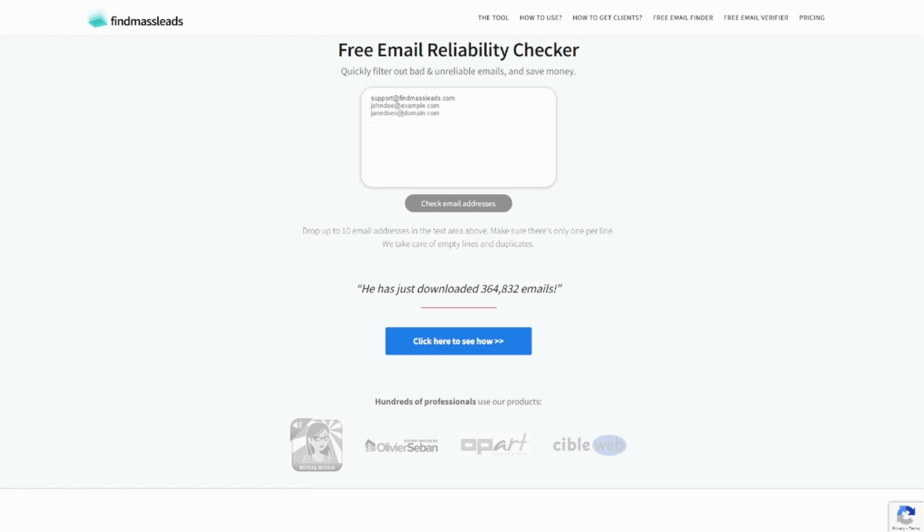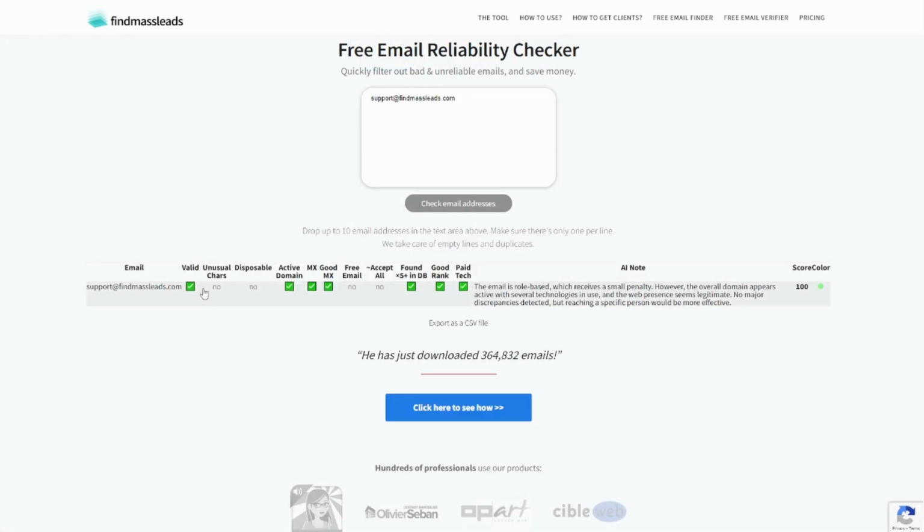This is not a professional email verification service, but this is a first step that can save you time and money. Why? Because when you have an email list that is ready to send your cold email marketing campaign to, you want first to drop emails here, up to 10 emails in this free tool. So let's, for example, try with the support email of this website. Then you hit check email addresses, and what you get is various checks that have been processed for this email